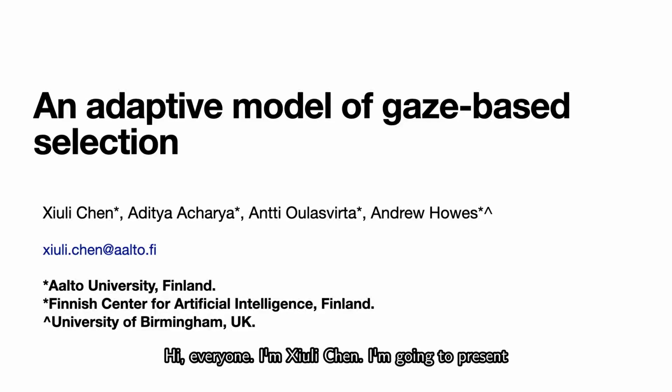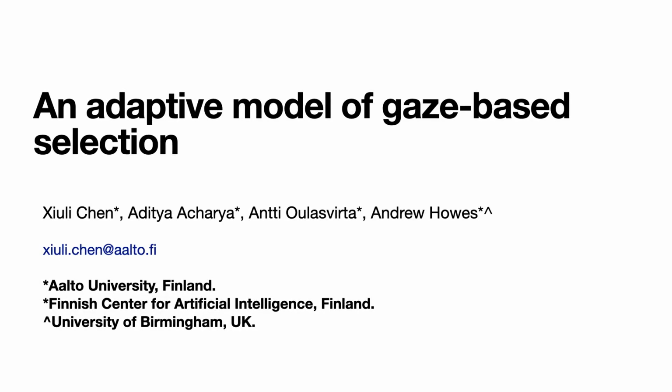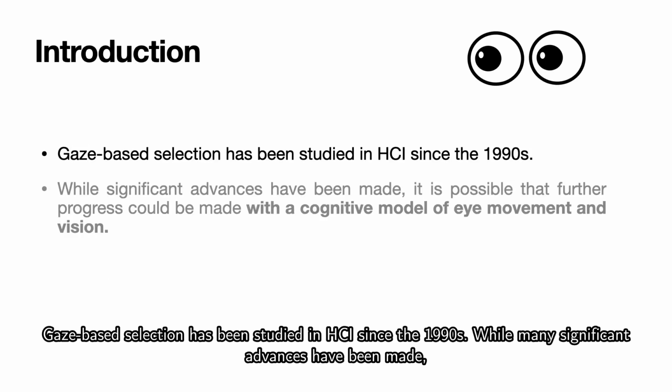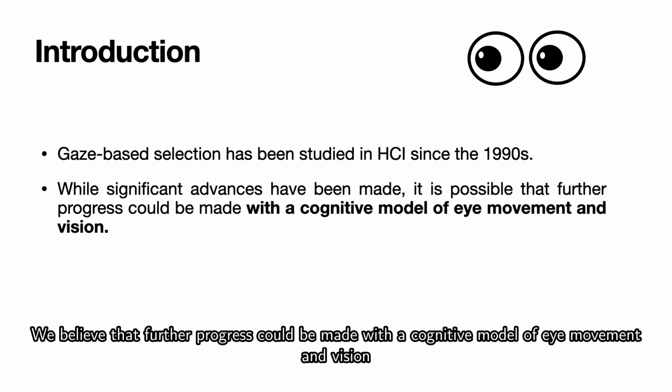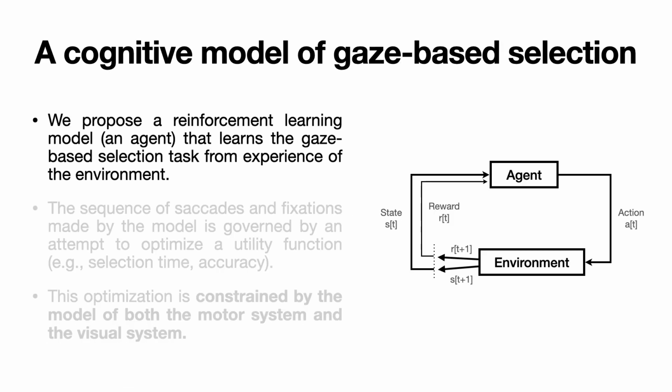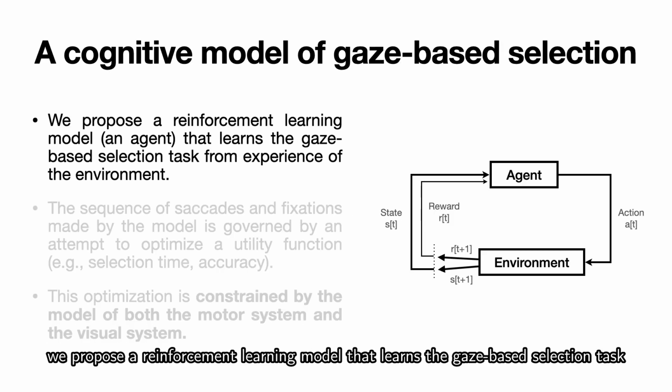I'm going to present an adaptive model of gaze-based selection. Gaze-based selection has been studied in HCI since the 1990s. While many significant advances have been made, we believe that further progress could be made with a cognitive model of eye movement and vision. In this paper, we proposed a reinforcement learning model that learns the gaze-based selection task from